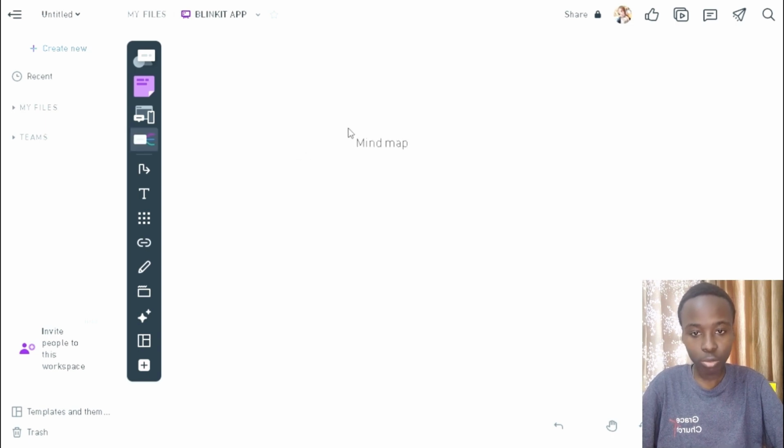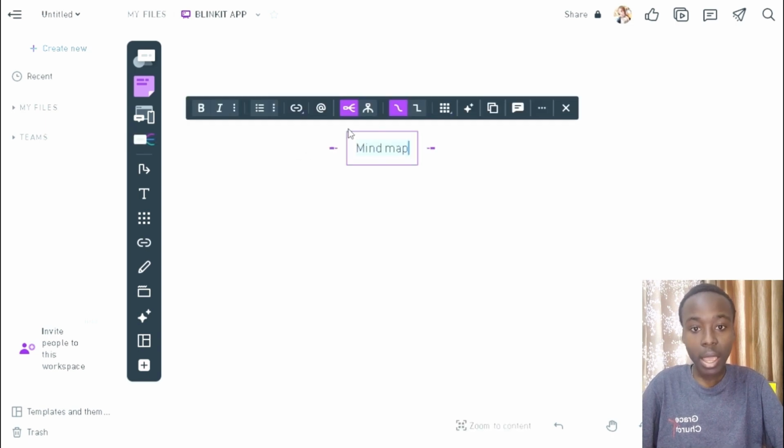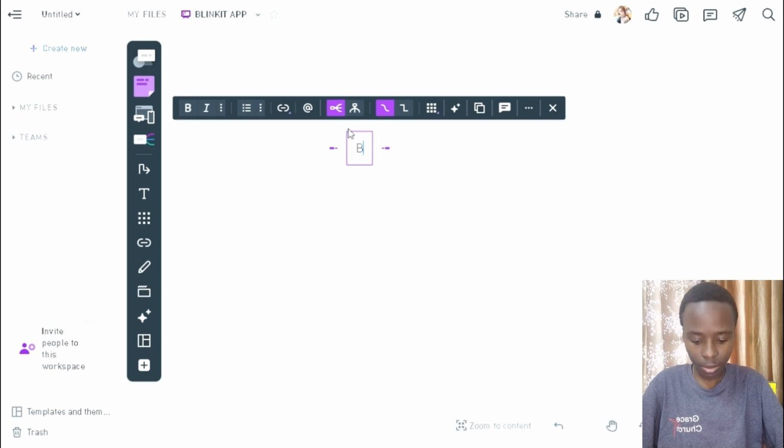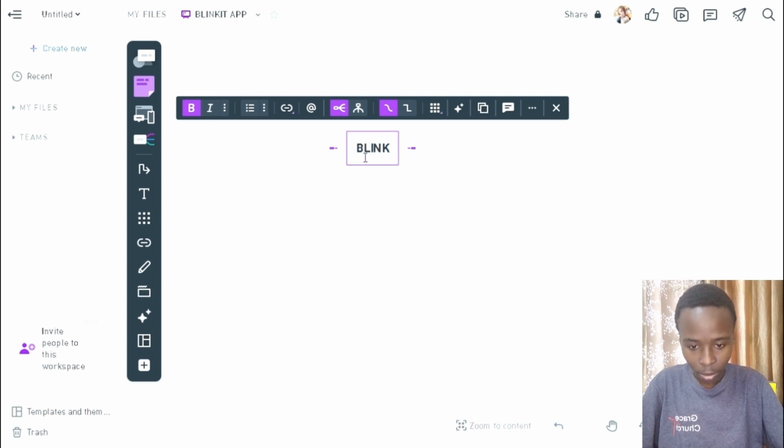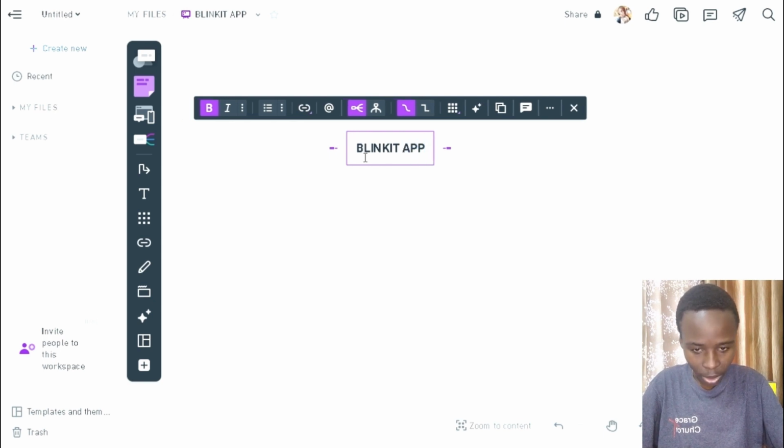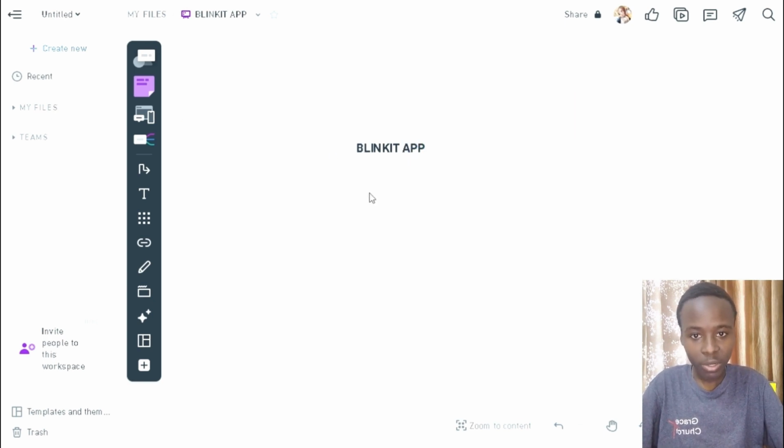So today I'm going to be showing you about an app that we made, Blinkit. So let me type the name, make it bold. Blinkit app. So the Blinkit app, how it functions, I'm going to first show you the overview of how